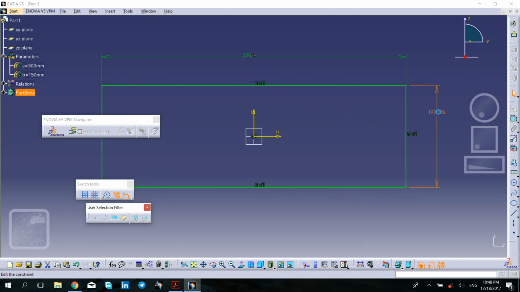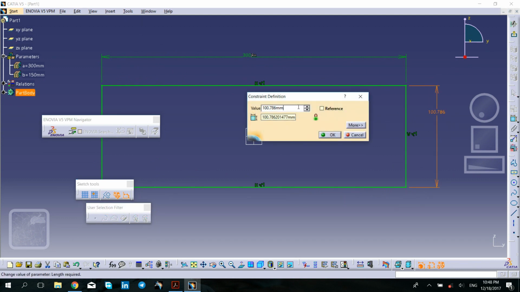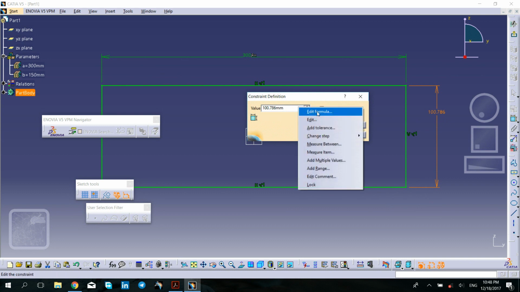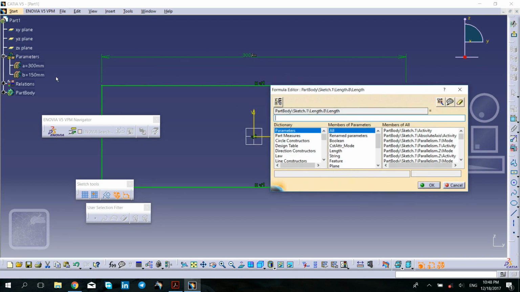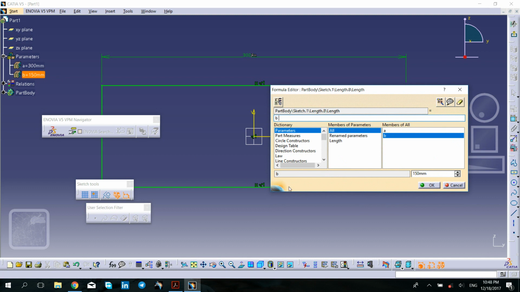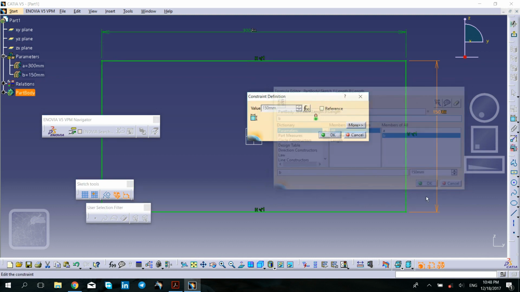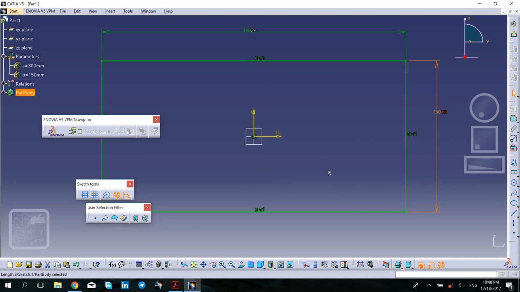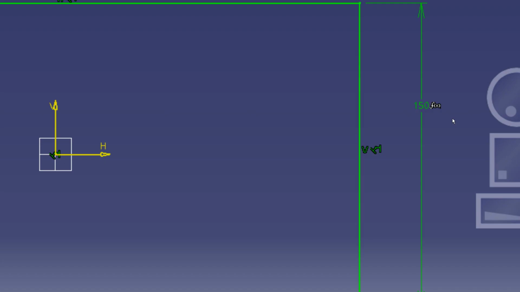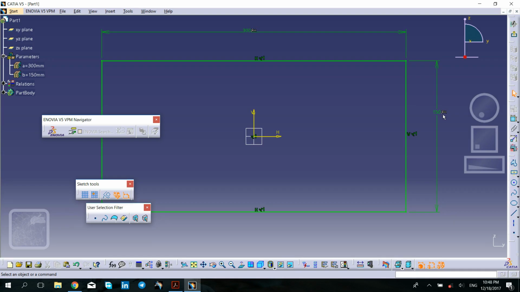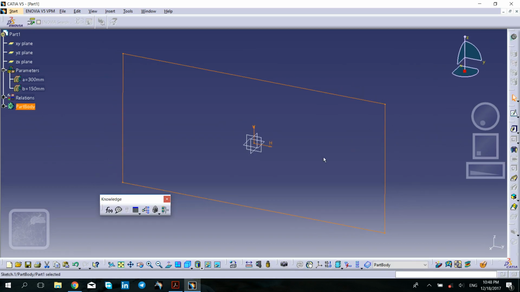As you can see, B is created also, just like the previous one. Here, double click here, right click on this bar, edit formula. This time choose B and click on OK. Dimensions of this rectangular block are mentioned totally parametrically. This fx is the sign of this parametrical